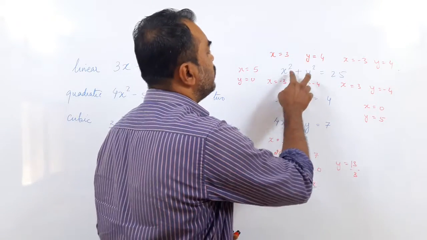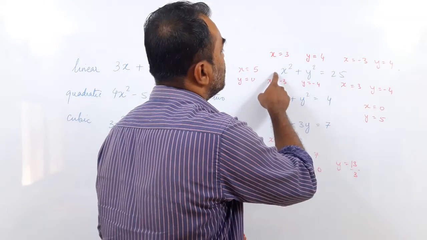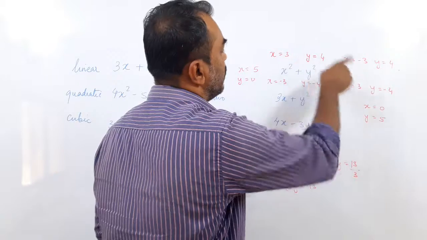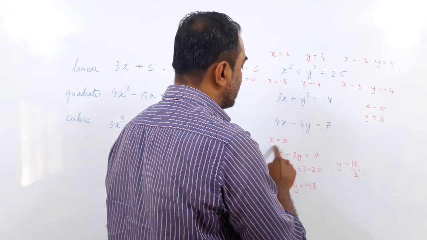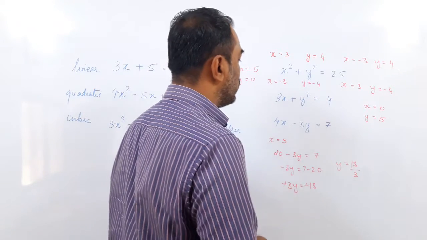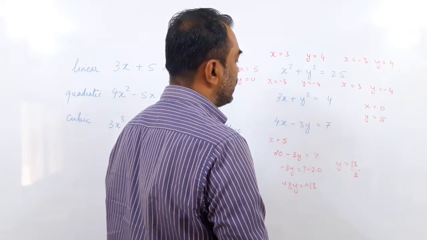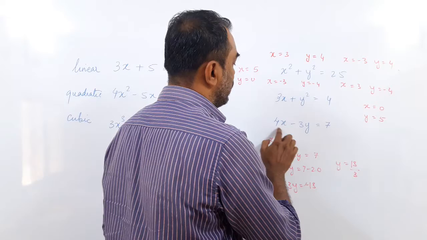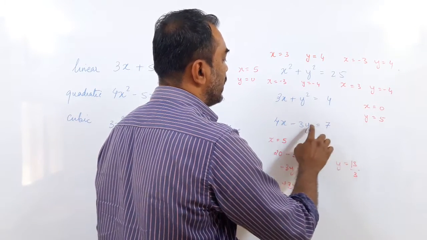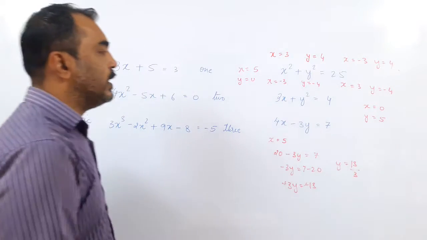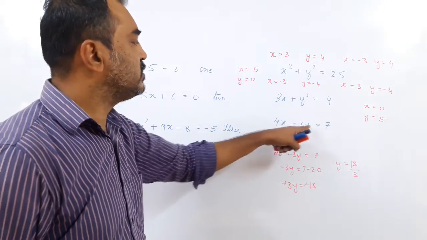Now here you can see the degree of this equation is 2. But because there are two variables, if I keep on changing one variable, I will get the corresponding second variable. There are infinite solutions here. The same will apply for this and the same here. When I took x equal to 5, I got y equal to 13 upon 3. If I take x equal to 0, I will get y equal to minus 7 upon 3. If I put x equal to 1, then this will be 4, y equal to 4 goes here, so 3, so y equal to minus 1. So we get infinite values. Now, this is degree 2, this is degree 2, this is degree 1.